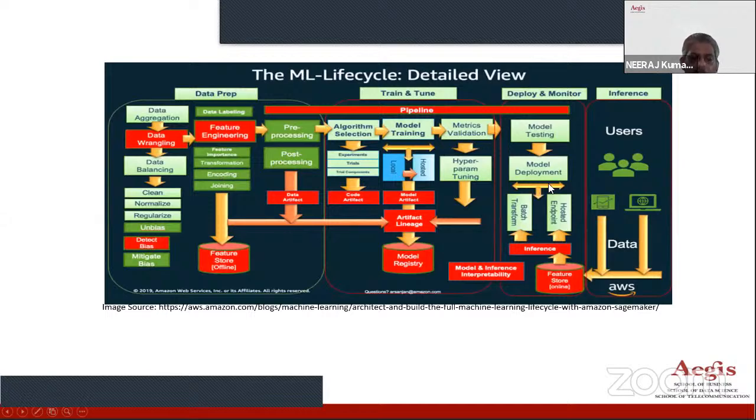I don't want to take much time on this. I just want to give you a brief of the life cycle or pipeline of any ML project, right? So you have a data preparation stage, you have a training and tuning stage, and then you have deployment, and then for post deployment you have to monitor all your models also, how the performance of the model is, right? So these are the basic steps: data preparation, training and tuning, and deployment, and then further monitoring.